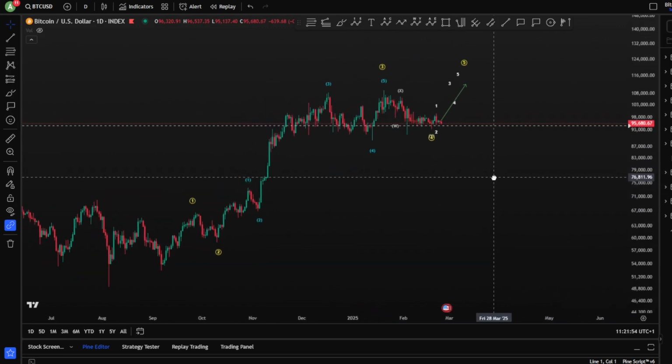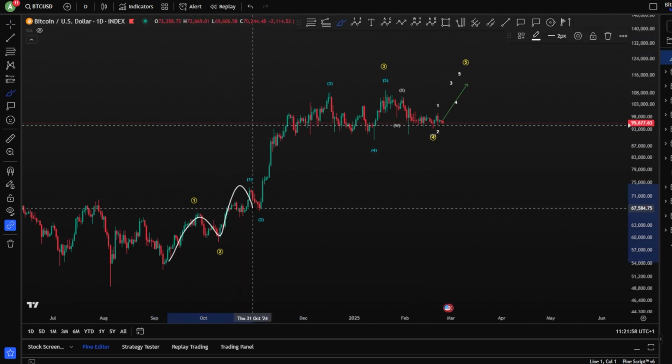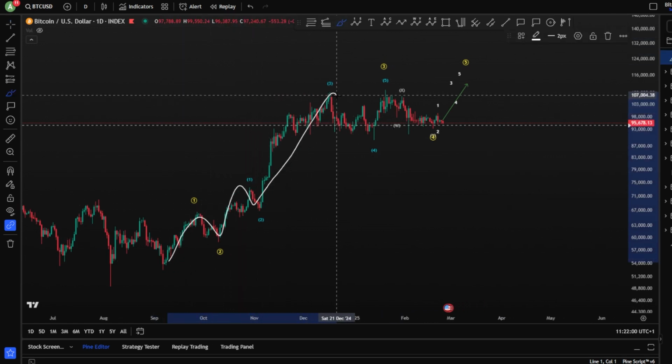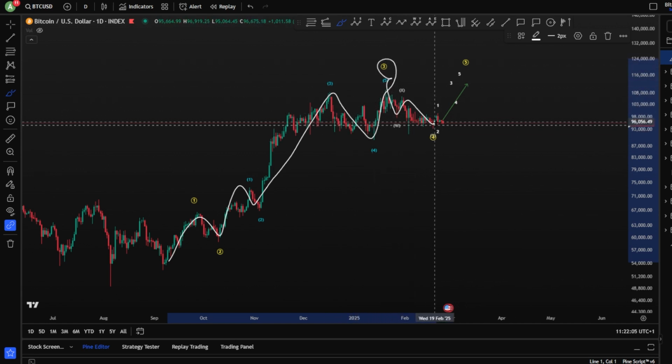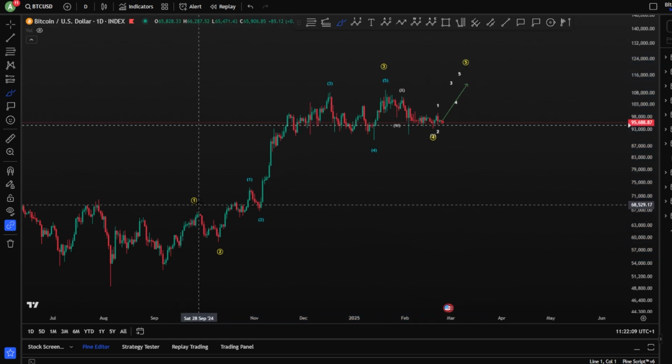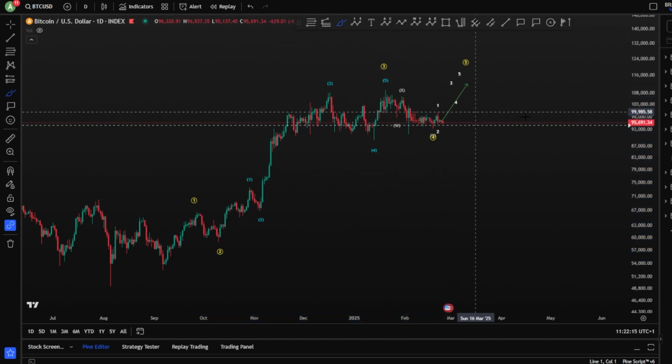Whether we move towards the upside directly, in case we are in 1, 2, 1, 2, double 1, 2s here, and probably we have finished 3, 4, 5 for a wave 3 here, and W, X, and a Y for a wave 4, and one more move toward the upside for a wave 5. In this scenario, of course, you have double 1, 2, 3, 4, 5, and 4 and a 5.